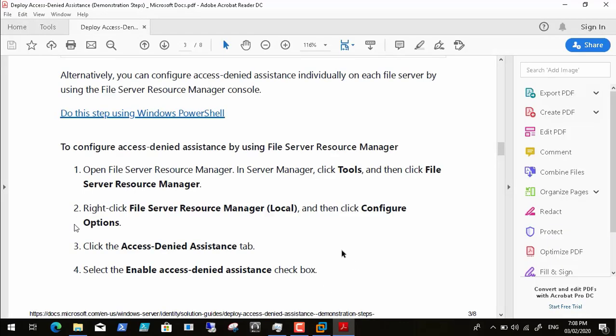So as I said before, this is deploy. If you can see from the description of the document, deploy access denied assistant. This is a message that appears for the user when accessing a certain share or a certain file that he doesn't have write access to. Okay. So to do this, as I said before, we can do it through the file